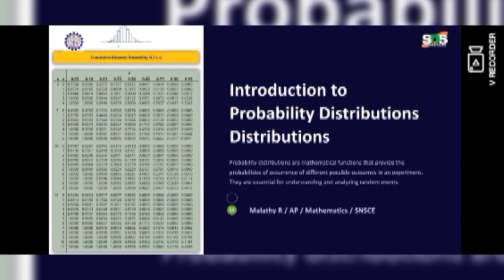So in binomial distribution, already we have discussed when we can go for the binomial distribution. That means we have to go for a binomial distribution when we are talking about success and failure of an experiment. In this chapter we are going to see Poisson distribution and geometric distribution.